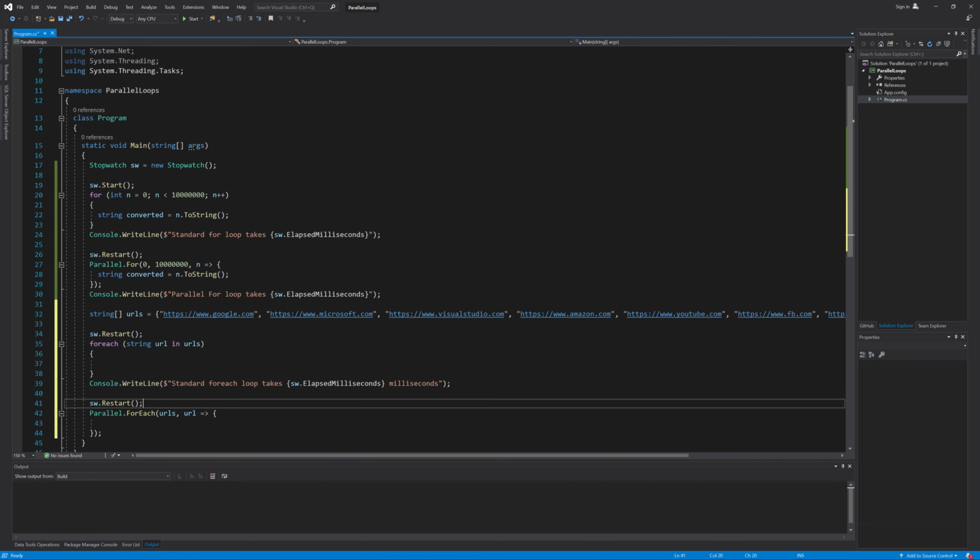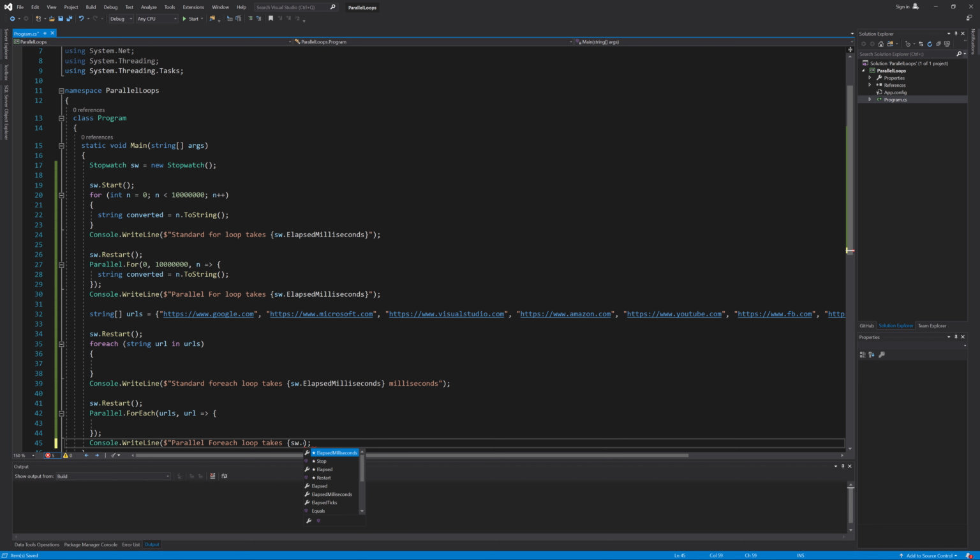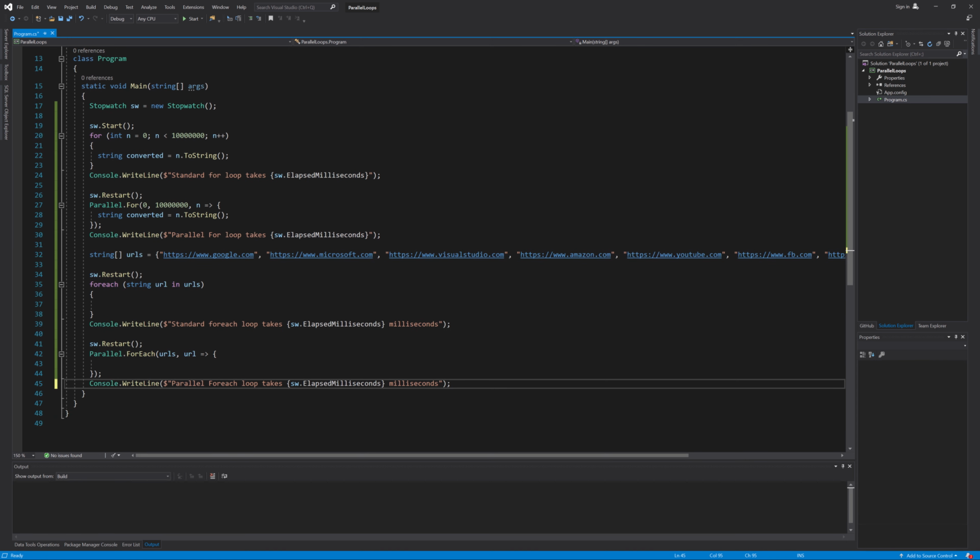Here also I will print Console.WriteLine parallel foreach loop takes sw.ElapsedMilliseconds. Inside the for loop, I will download the homepage